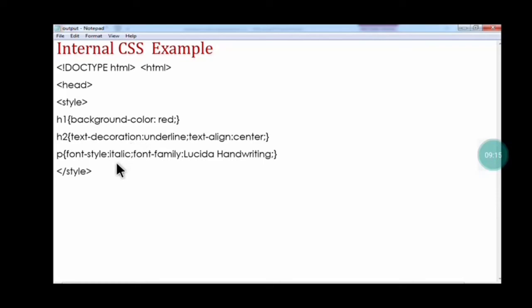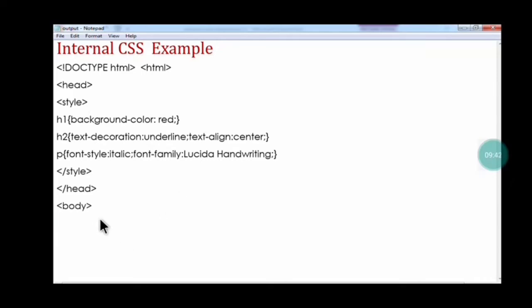The paragraph will be displayed in the italic and the Lucida Handwriting font. Is called font family. Then you have to close the style tag. Once you close the style tag, you have to close the head tag. One thing you remember, whenever you are creating the style, that should be created in the head section, not out of the head section.